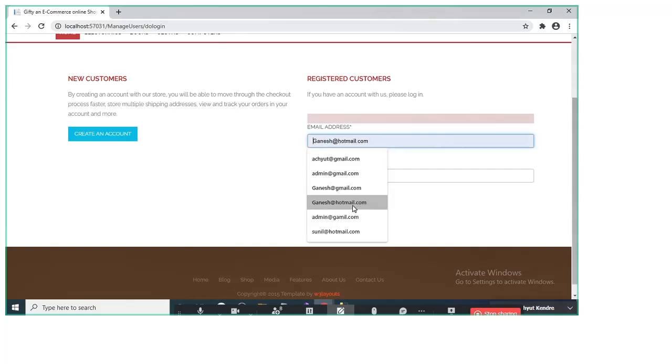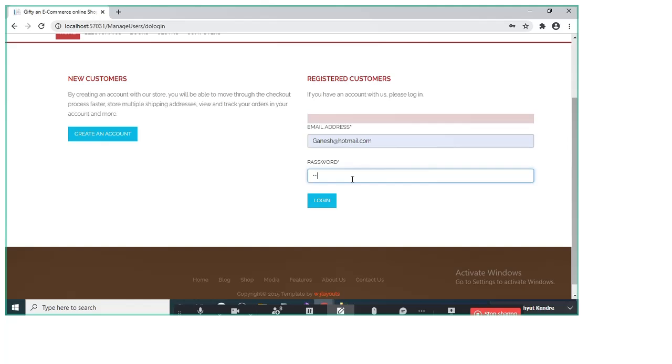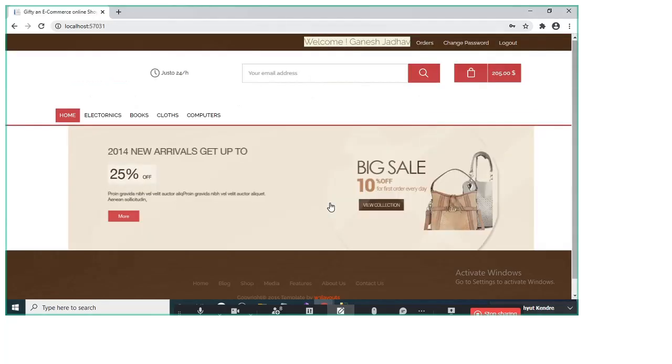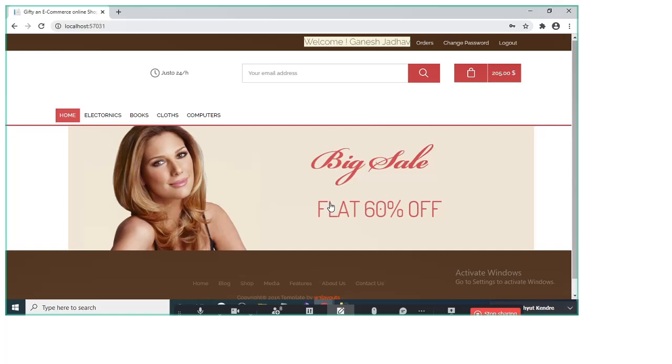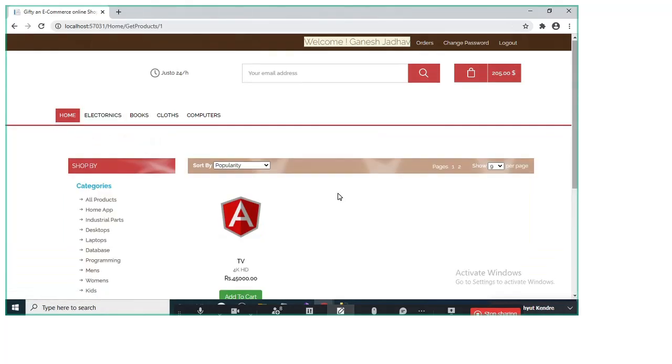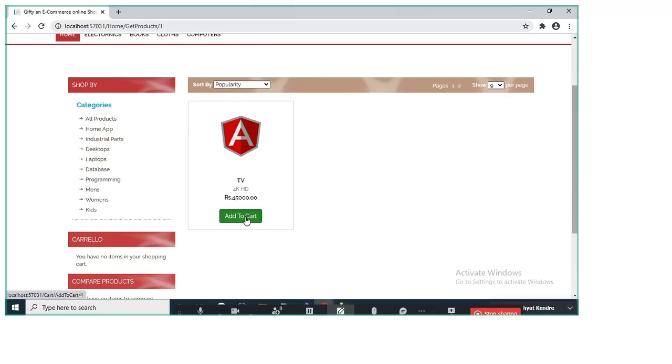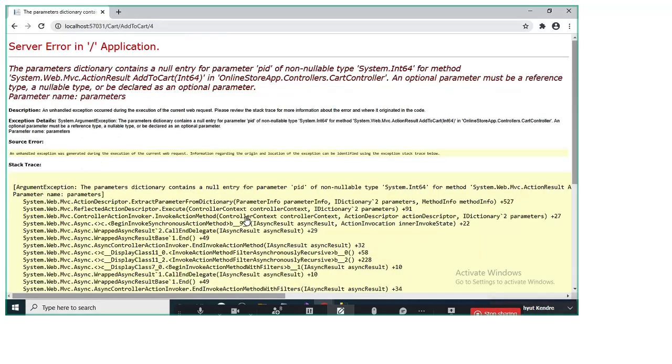Now we need to do the login. So ganesh@hotmail.com, ABCD. Now Ganesh is logged in, but that product is vanished. That product is vanished. This is one problem that we will solve. So now if I add this after login, it will go to the add to cart method,